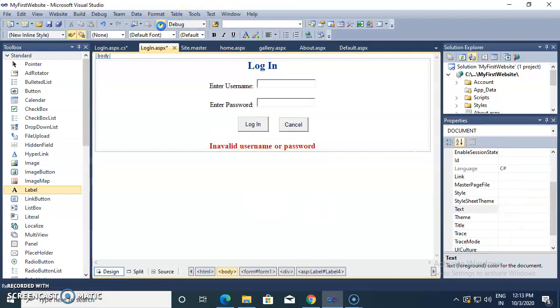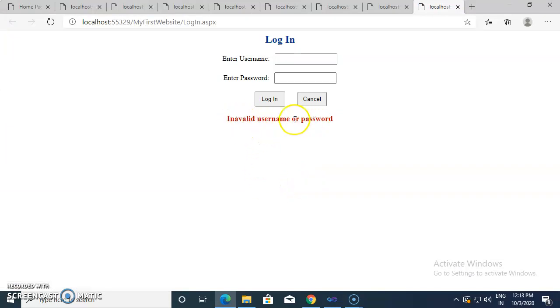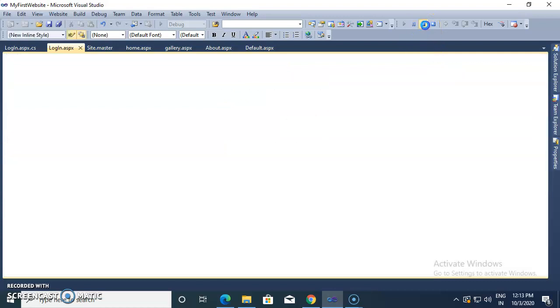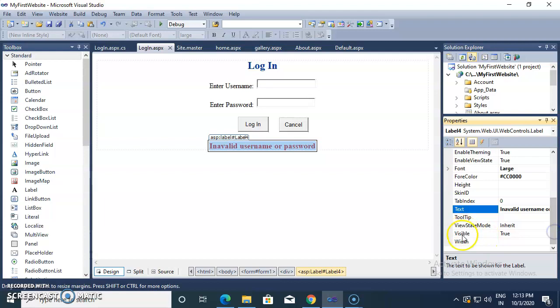If I run this page as it is, initially we see this error message, but I don't want to display this error message initially. So I am setting the visible property of this label as false. Initially I don't want to show it. Only if the user gives incorrect credentials do I want to show this error message.